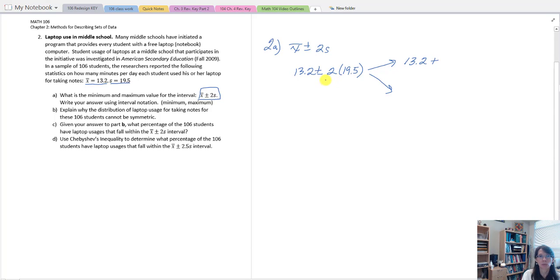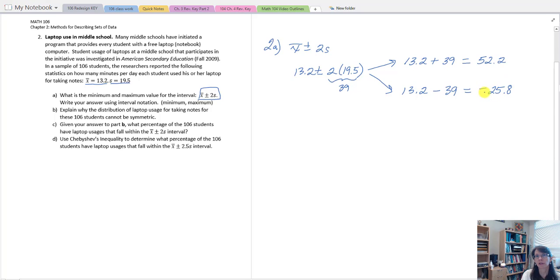First we take the mean of 13.2 and add 2 times 19.5. So 2 times 19.5 would give us 39. So we're adding 13.2 plus 39, and then we're going to start again with our mean, 13.2, and subtract 39. So when we get these results, we'll know what the upper and lower values are for being within 2 standard deviations of the mean. So 13.2 added to 39 is going to give us 52.2. And starting with 13.2 subtracting 39, I can see that I'm going to have a negative result there,